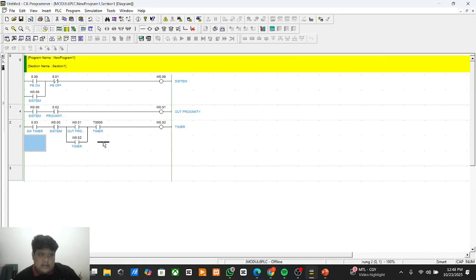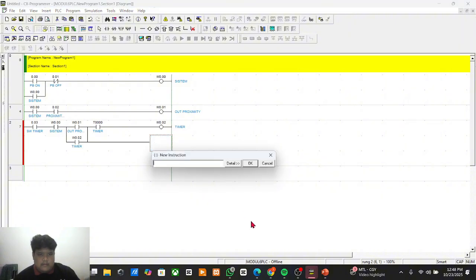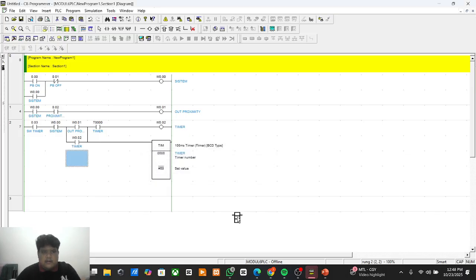Just connect it. For the bottom one, okay. Then set 50 for the timer. Okay, the ladder of the timer sensor has been made.